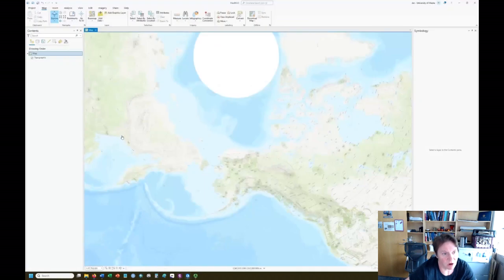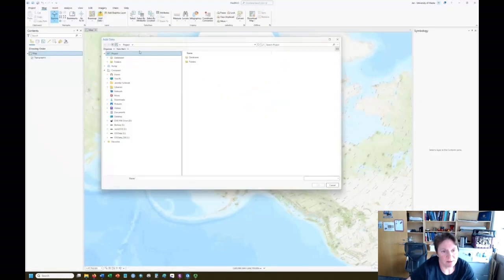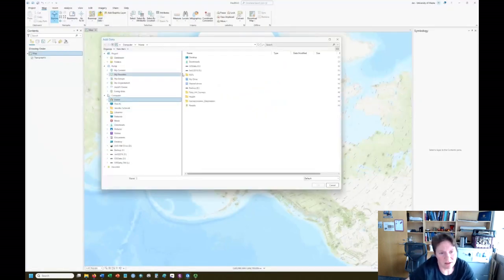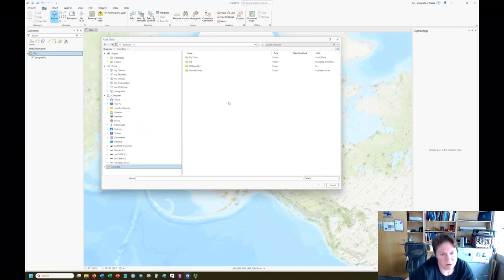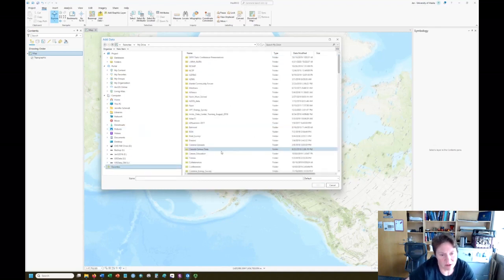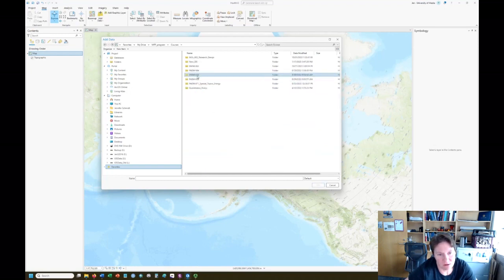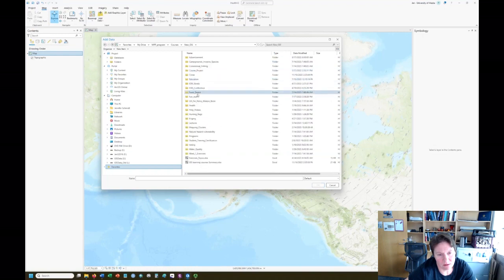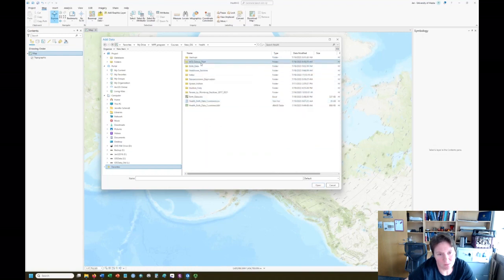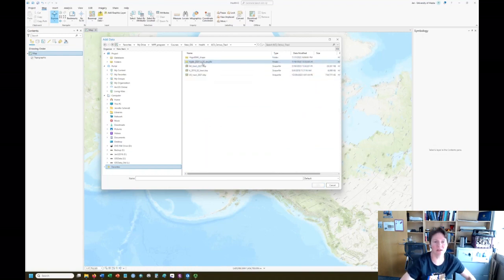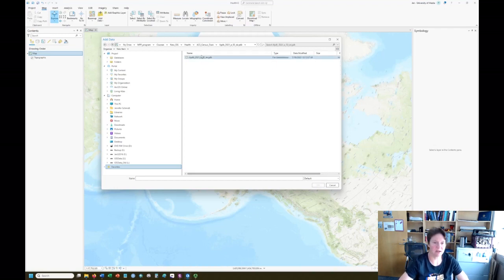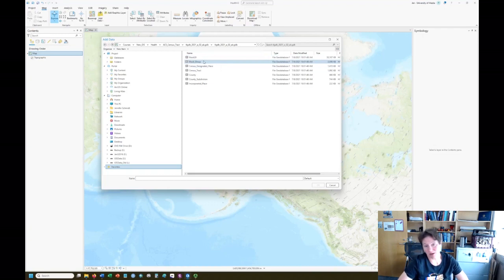So I'll show you what I'm talking about here. You don't have this data, but I'm just running it through with you, so in the future, if you're going forward and having to work with this, you know how to find it. I downloaded this right here. It's a geodatabase. I click on it, go into the geodatabase, and you'll see I have block group,